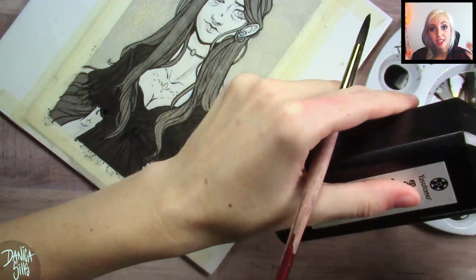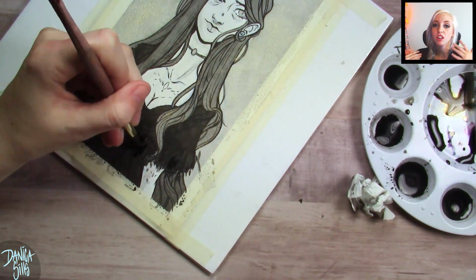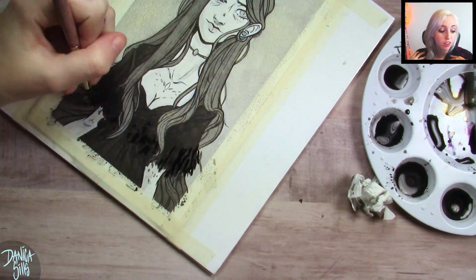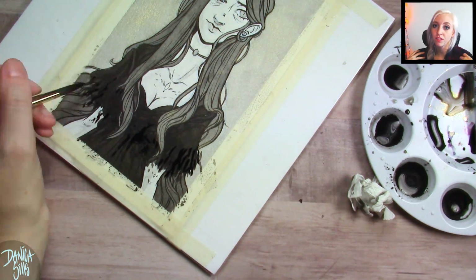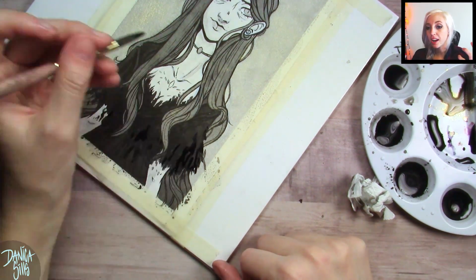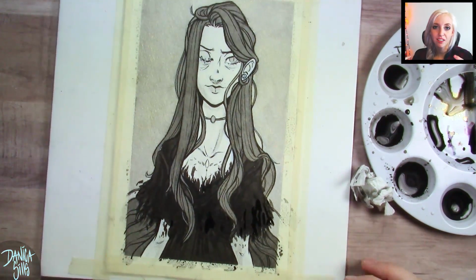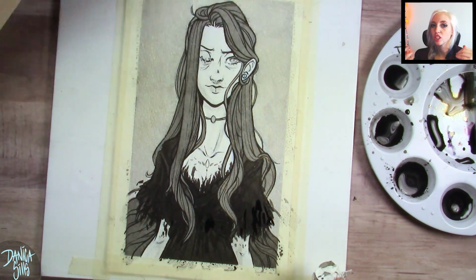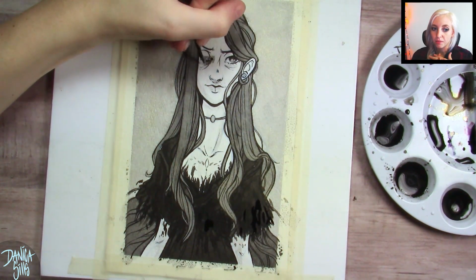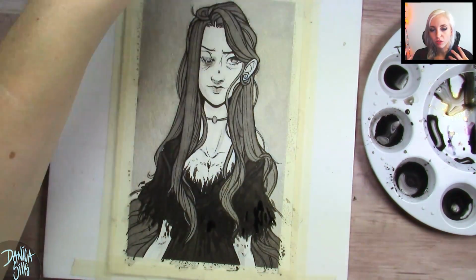So what I did was I gave it a much darker ink wash for her clothing. It needed to be dark enough that it was darker than her hair, so her hair was still a lighter value so it would stand out and it wouldn't get lost in her clothing. But I also wanted it to be light enough that I could go in there with a darker detail on top. So what I did was I gave it that kind of medium dark value for the whole area